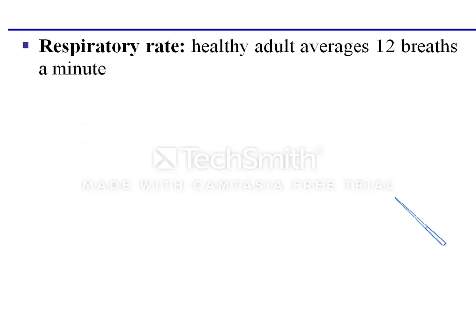So, respiratory rate. Respiratory rate is different in people of different ages. From birth to 1 year, it is about 30 to 60 breaths per minute. From 1 to 3 years, it is 24 to 40. From 3 to 6 years, it is 22 to 34. From 6 to 12 years, it is 18 to 30. And from 12 and above, it is 12 to 16 breaths per minute. So it is decreasing as lung capacity increases, so the number of breaths decreases.